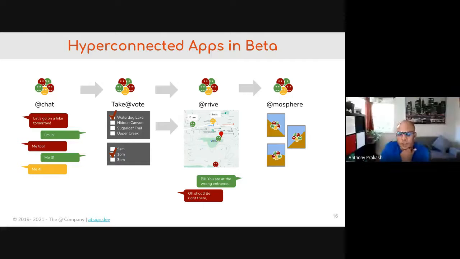Yes, and so hopefully this answers what you had in your mind, right? If you're planning to get a group together, chat, all of that could be shared across the different apps, and you could do several other things like votes or location or file sharing. And all of these are interconnected, like Kevin said.